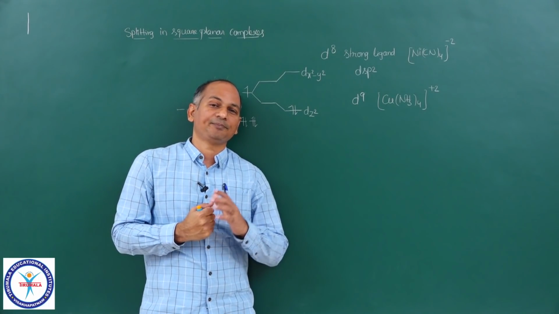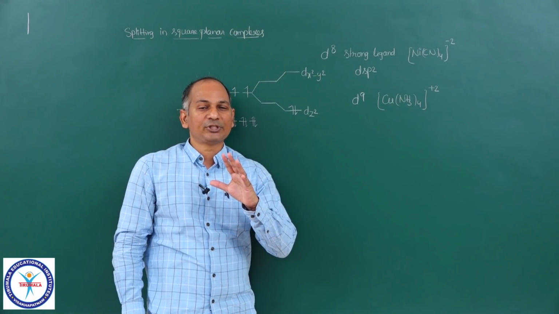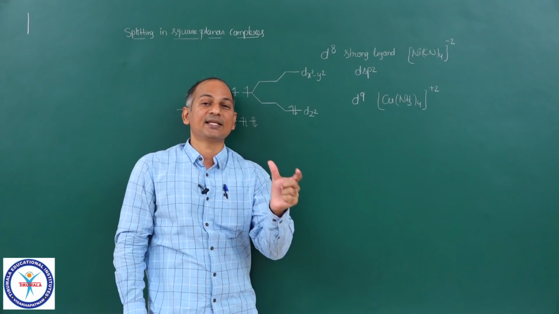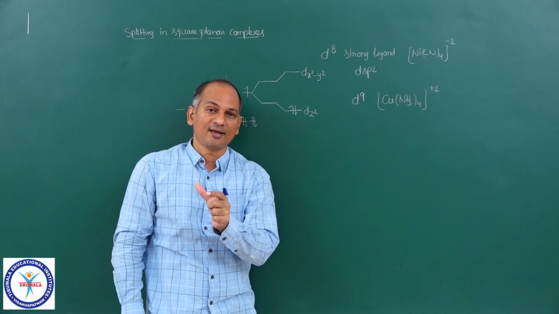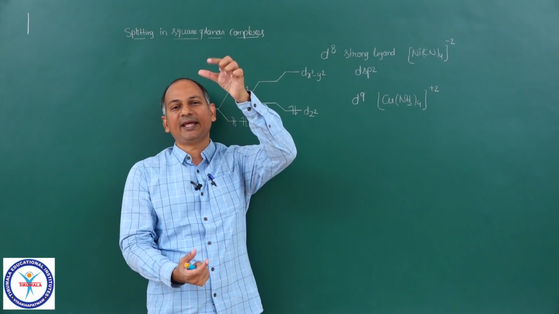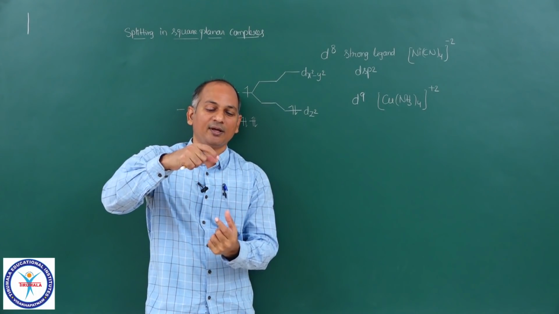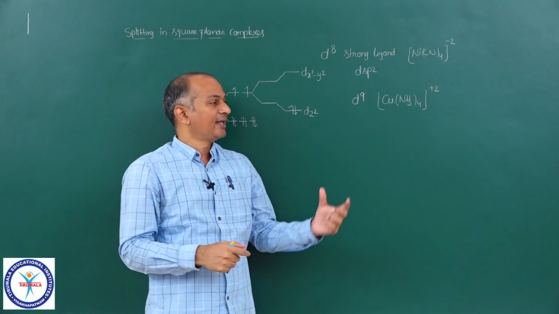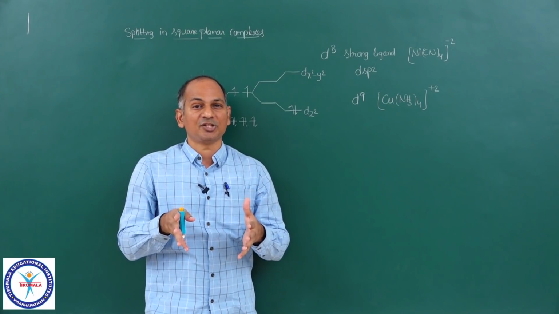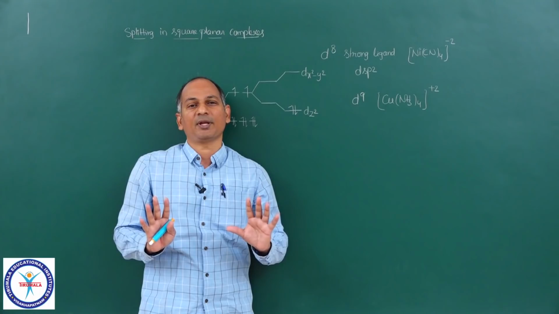So all of you please remember one thing: crystal field theory approaches square planar complexes as just a case of the octahedral case. In an octahedral case, if you remove 2 ligands completely from the z-axis, the resultant complex is square planar. And if you remove the ligands completely from the z-axis, there will be a new splitting pattern, and in that pattern there is a gain in energy. And as a result, the complex is ready to form square planar complexes.